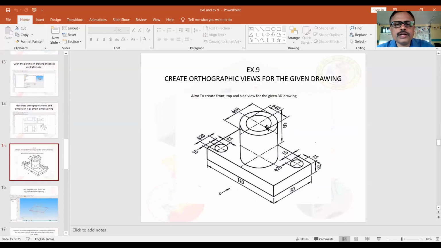This is exercise number 9. So same thing we are doing. Create the orthographic views for the given drawing. It is a very simple model. You are constructing a rectangular block of 140 mm length, 80 mm width, and 20 mm thickness. And there are two holes of 20 mm diameter that we will do in Solid Edge.